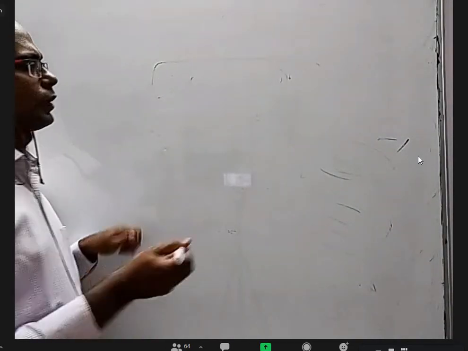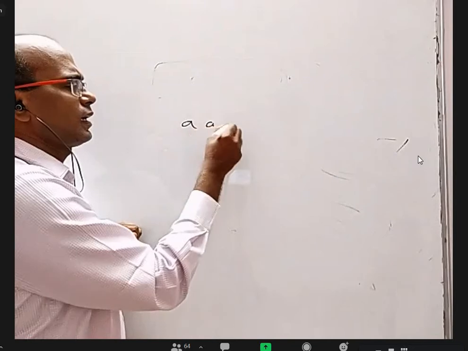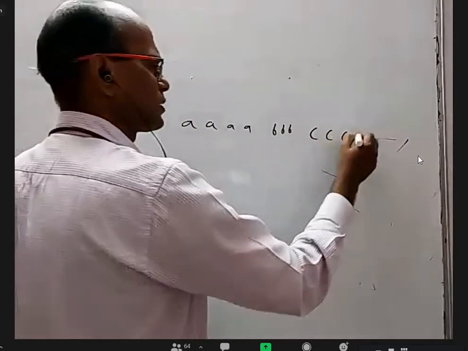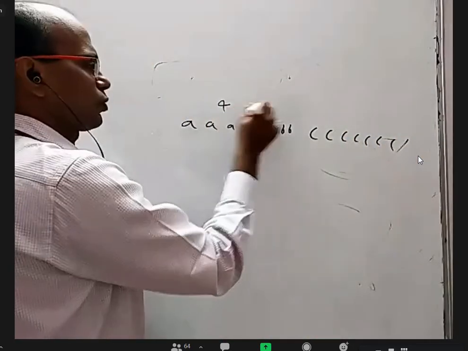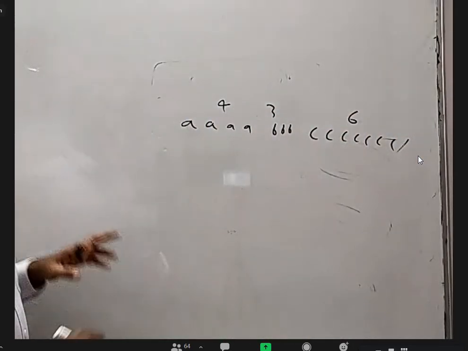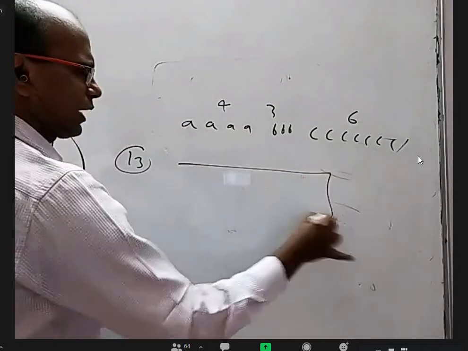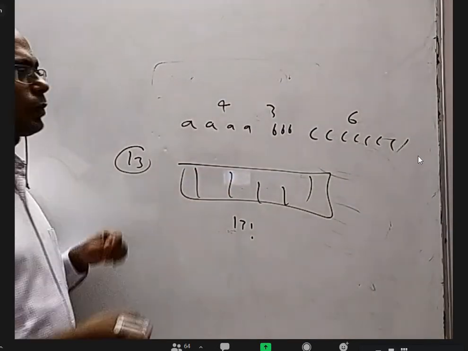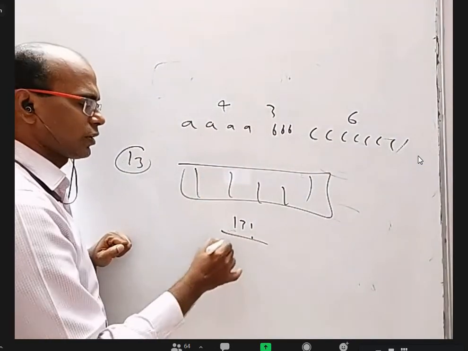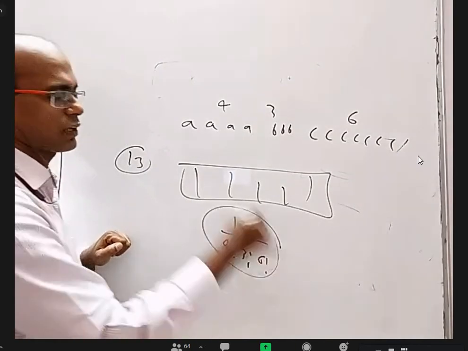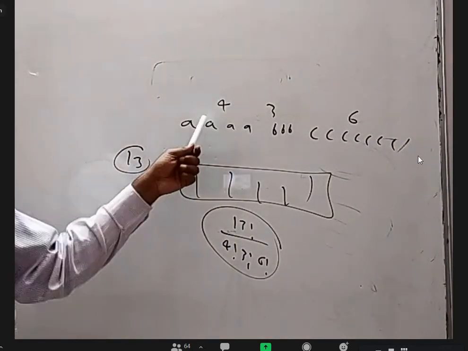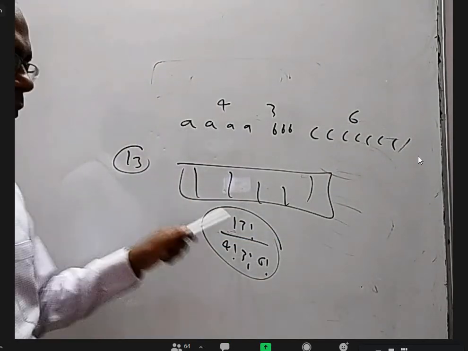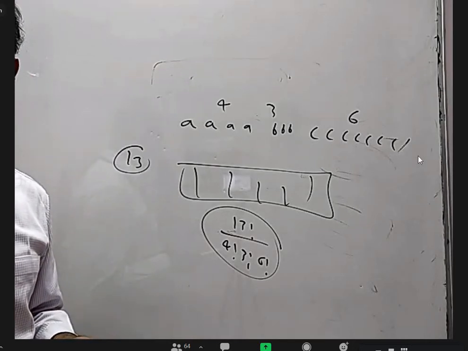Based on this, if we have A 4 times, B 3 times, and C 6 times. This is 4, this is 3, this is 6. If you have 13 items and you want to arrange them in 13 places, normally 13 factorial. But if they are identical like this, I have to divide by 4 factorial, 3 factorial, 6 factorial. This will give you how many ways you can arrange these 13 letters when things are identical. Okay. This is a formula in permutation and combination. Is that clear? Yes, sir.